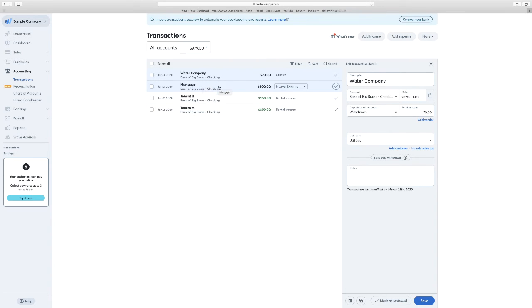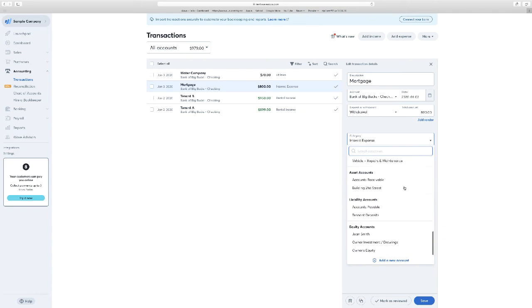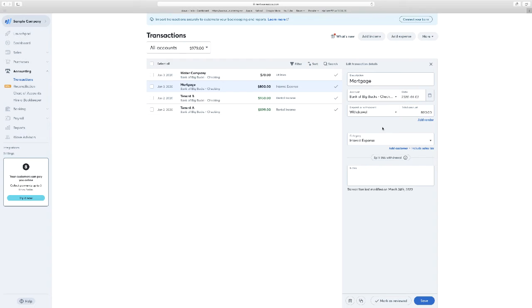So this is a mortgage payment that you made, for example. So let's go in here and take a look at this mortgage payment. Now, you'll see down here, first it says withdrawal. You can change that if you want, put in the amount, the date. It's important to get that correct to match up with the transaction date in your checking account. So when you go back through to correct these or to check them off, they all match. Then you can select, this is where we select what we want. This is the chart of accounts, essentially. Here's all the expense accounts, here's all the others here, and you just click on it. So these are some that you've entered and some that were already there for you. And so I had already previously clicked